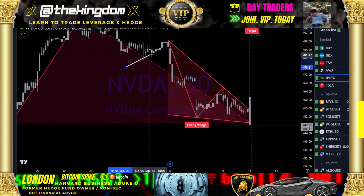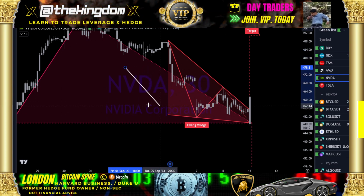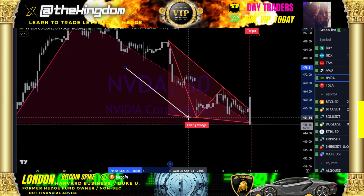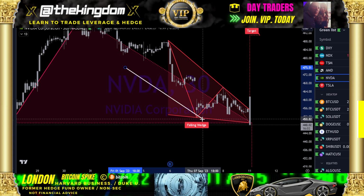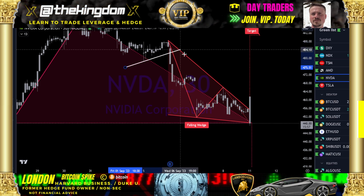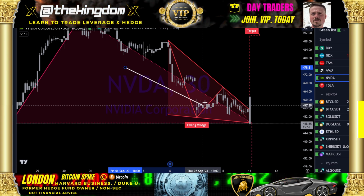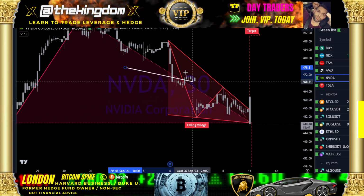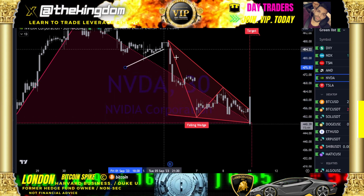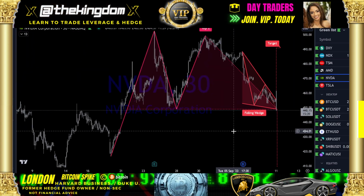Ideally we want to set the pivot resistance, set the pivot support, set a pivot resistance on this falling wedge dynamic in play. So the fact that we are in an active candle and it is drawn through a level of support to identify a bullish pattern, be aware of the requirements. Set the pivot, guys, on resistance. On support, what do we need? Two more pivots set on resistance. Another pivot set on support. One, two, one, two. We need two set pivots on each specific line of support and line of resistance to validly identify any